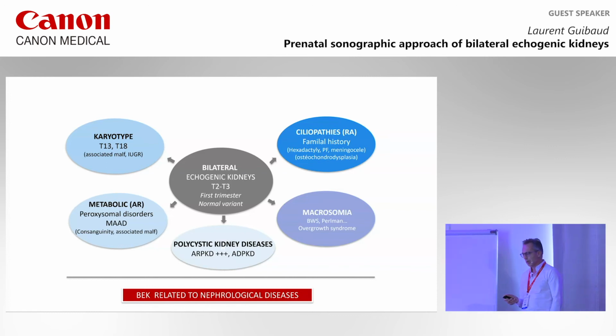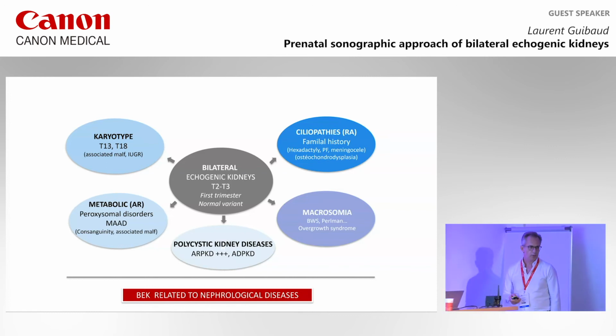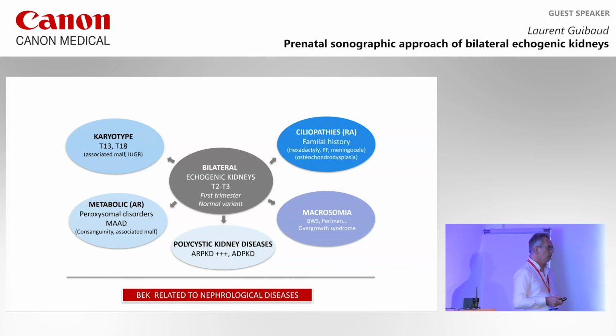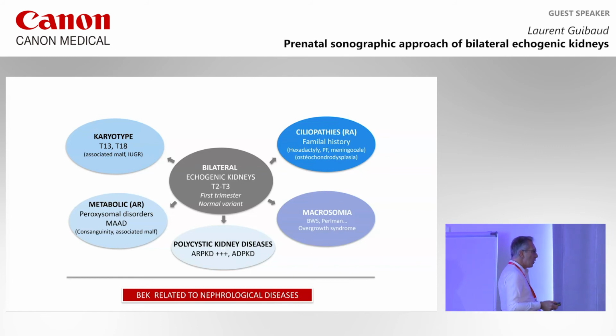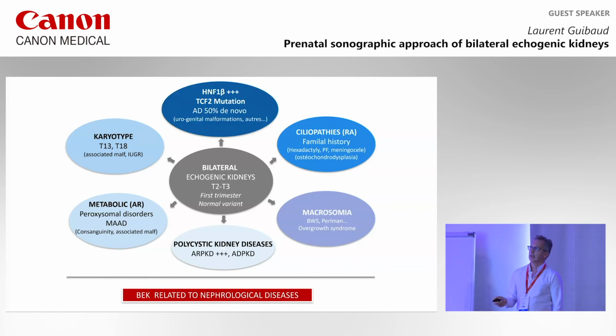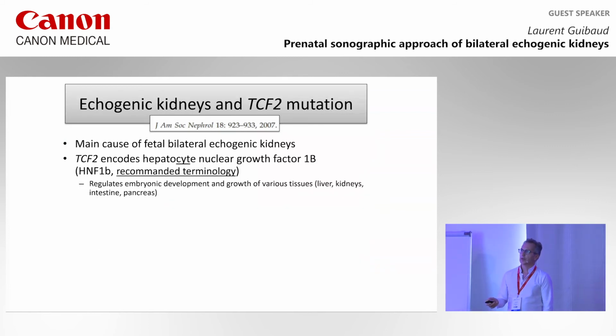It was shown by a nephrologist from Toulouse that one third of echogenic kidneys are related to TCF2 mutation, which is responsible for HNF1 beta, which is in fact hepatocyte nuclear factor 1 beta. It's the main cause of fetal bilateral echogenic kidneys, and the recommended terminology is to speak about HNF